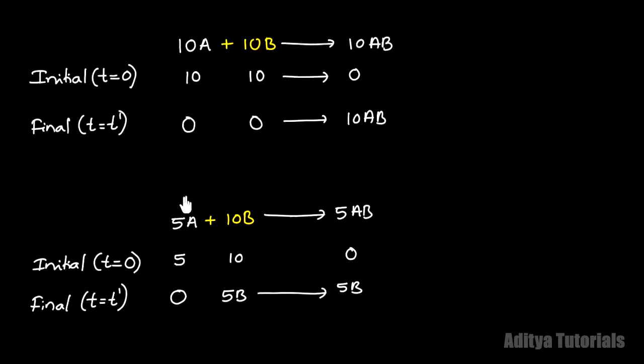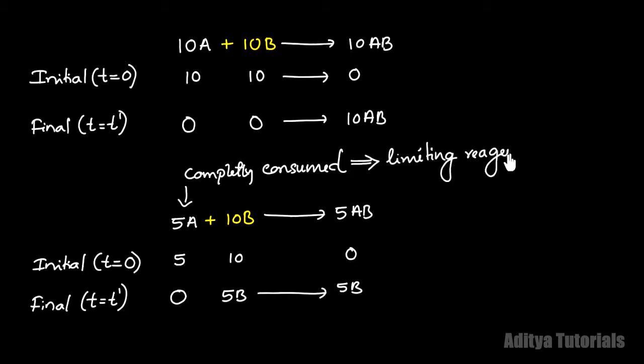So this reactant A finished very quickly in the reaction and was completely consumed. So A is completely consumed, and because of this reason, it is called the limiting reagent. And this B remains on the reactant side. Why did it remain? Because there is no A left to react with it. So the B atom that remains, we call the excess reagent. Okay students.